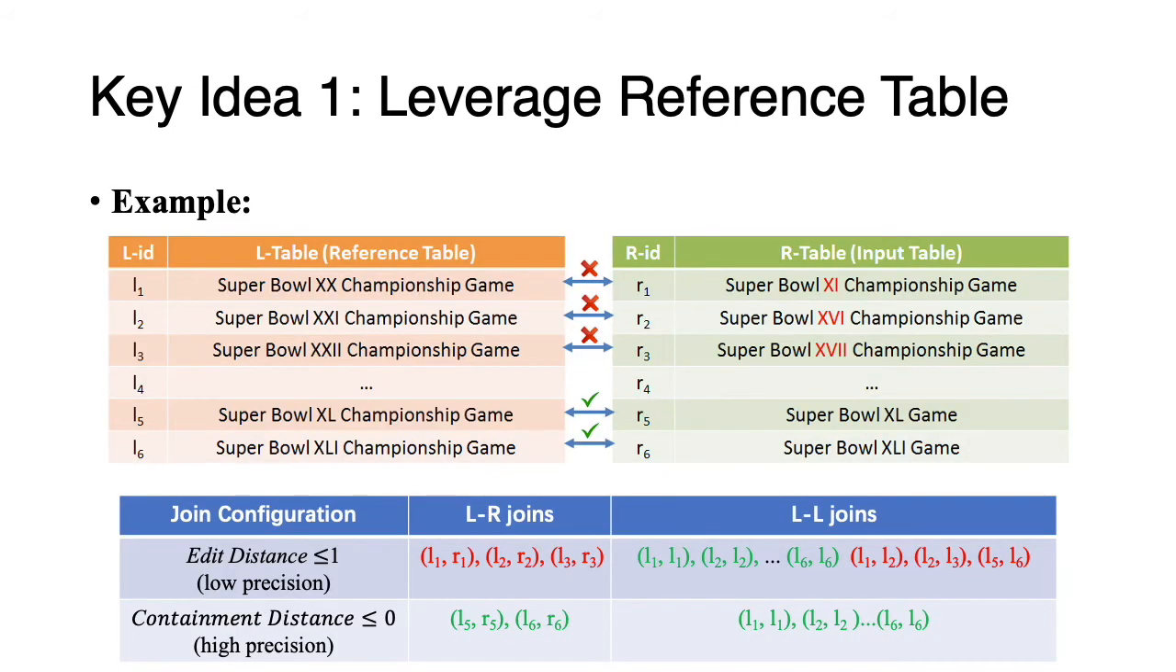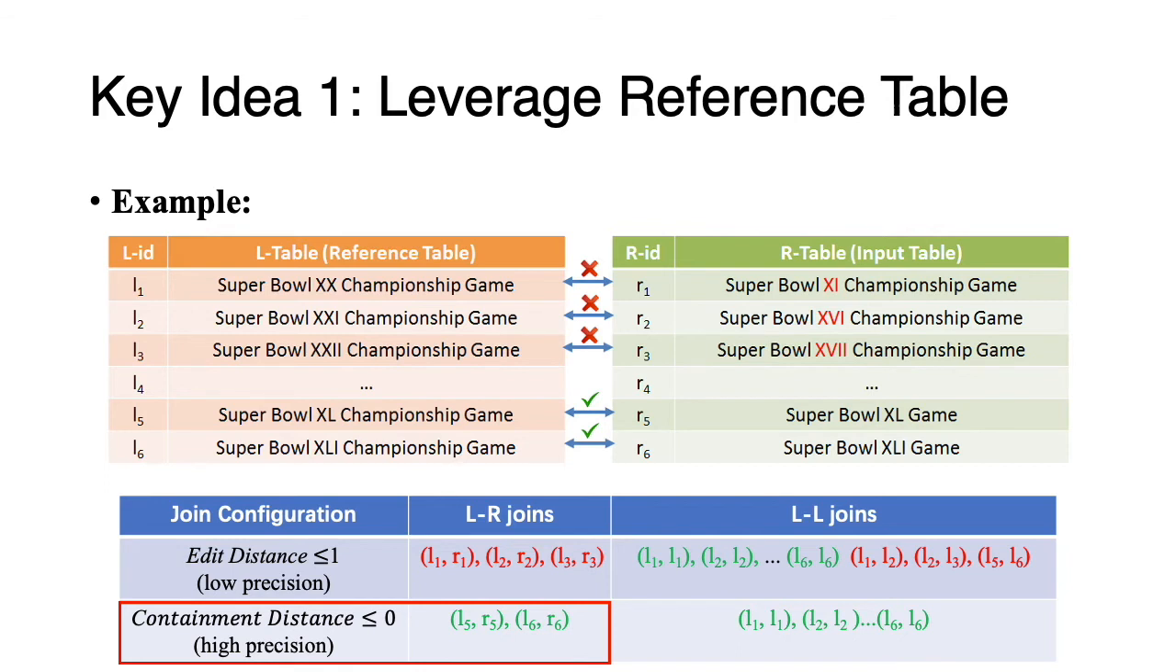Let's see an example. This is a dataset of Super Bowl games. If we use edit distance not greater than 1 as a join configuration, which means the records will be joined if they differ by no more than one character, we will get many incorrect LR joins, such as L1 R1, L2 R2, and L3 R3. In comparison, if we use containment distance not greater than 0 as a join configuration, which means the records will be joined if one record is a subset of another, we can get many correct joins such as L5 R5